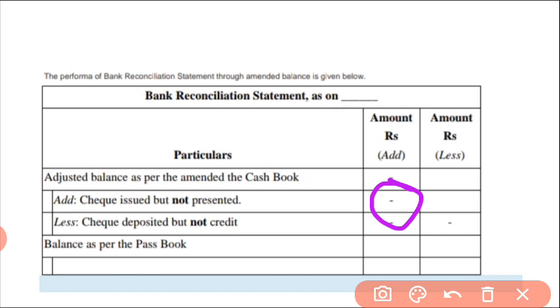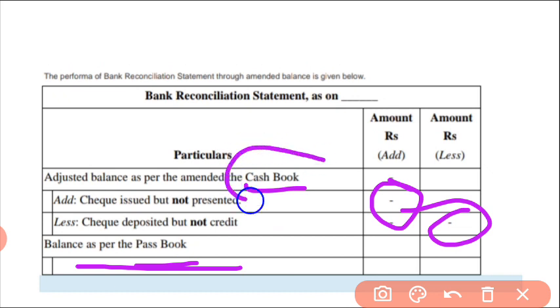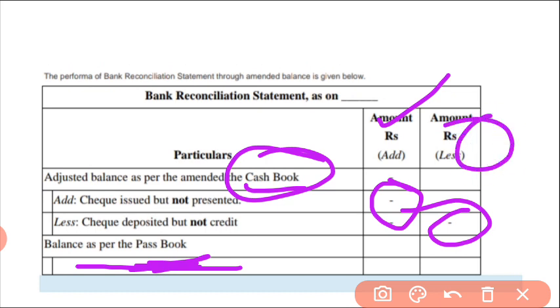After that, second, cheques deposited but not yet credited. If we have paid something to someone and it is not credited, whenever it gets credited, our cash book will be reduced. Okay, so it will be recorded in the minus item. Overall, on balancing, there is the balance as per passbook. Okay, if you are starting with the cash book, then you have to close it, students, by the passbook. If you are starting with the passbook, then you have to close it by the cash book. Okay, and if the debit side is greater, यानी कि the plus side, then there is balance as per passbook, and if the minus side is greater, then you have to write it as overdraft as per cash book.